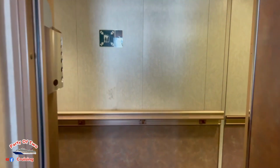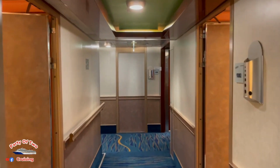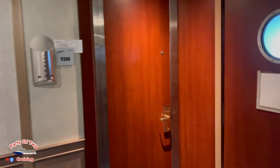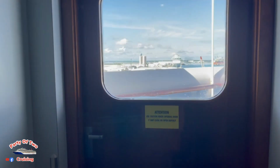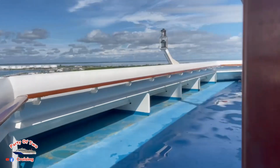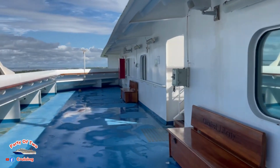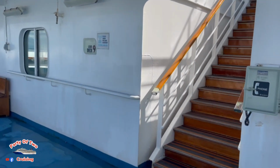All right, so if you come out of our room, you have to go to the port side, and you can come out here to the door. You can only do this again on the port side, which will bring you out to the hidden decks. Now, the real problem is people can walk out here anytime they want,